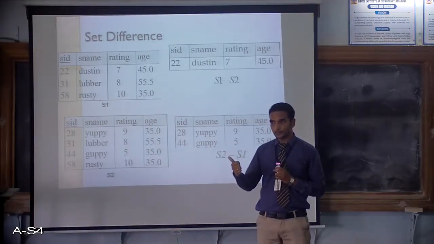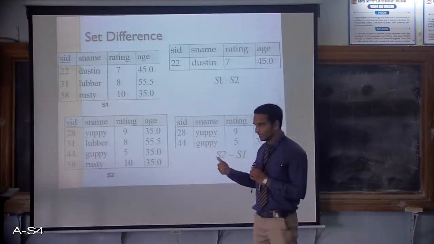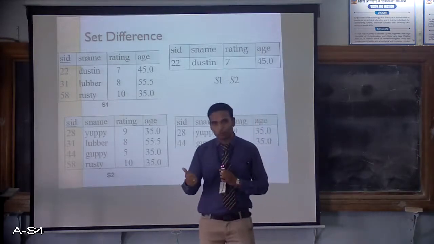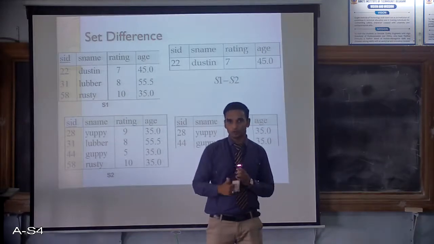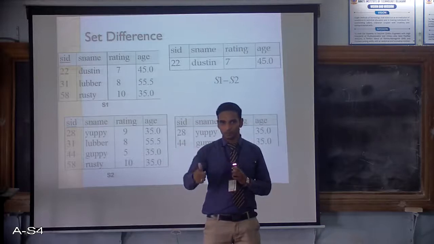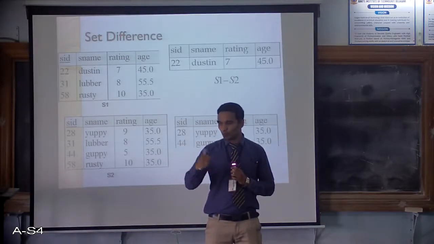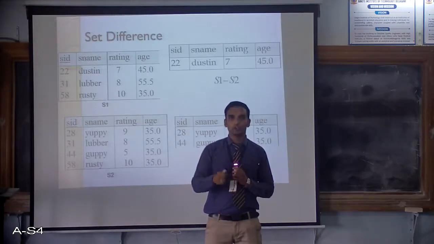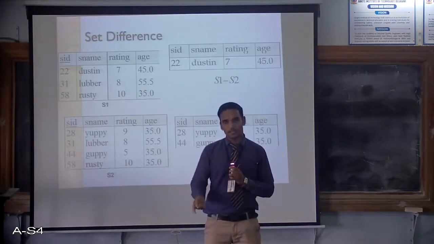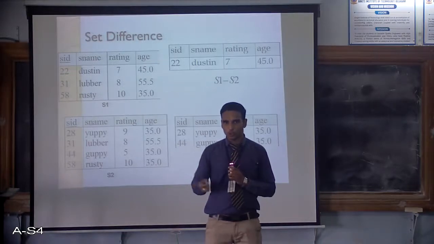Cartesian product. In Cartesian product, how many rows do I get? The number of rows of table 1 times the number of rows of table 2. And how many columns do I get? Columns of table 1 plus columns of table 2. Then we studied union, which selects the rows from both the tables, and common rows are written only once. Intersection: from both the tables only common elements are fetched, the rest are all ignored.